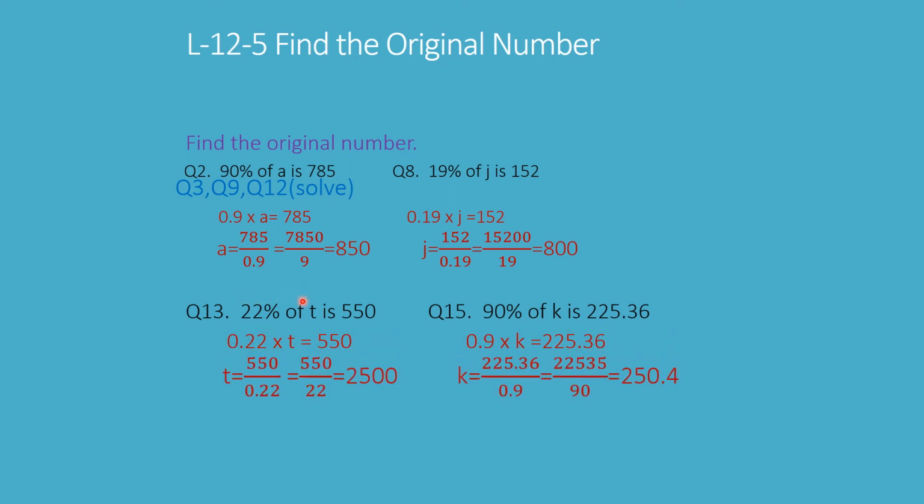In the same way here you can see 20% of T is 550. Then again shift 2 decimal points to the left, convert into the decimal, 0.22 times T is equal to 550. T is equal to 550 over 0.22. Again multiply, because there are 2 places of decimals, then multiply both by 100